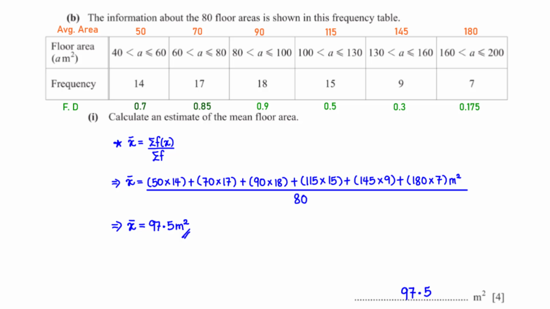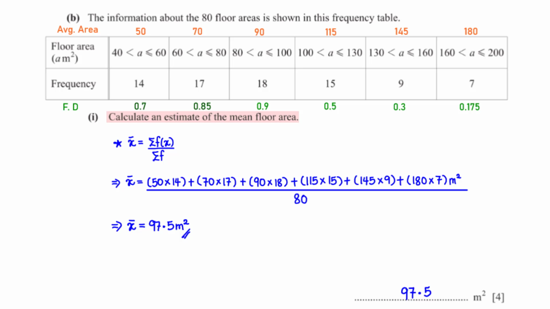The information about the 80 floor areas is shown in this frequency table. Calculate an estimate of the mean floor area. The mean is equal to sigma f of x, which represents the total floor area of all the houses, divided by sigma f, which is the number of houses. To be able to get the mean, we first need to find an average floor area for each of the